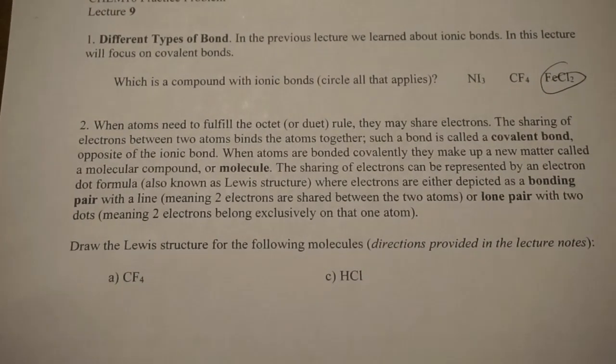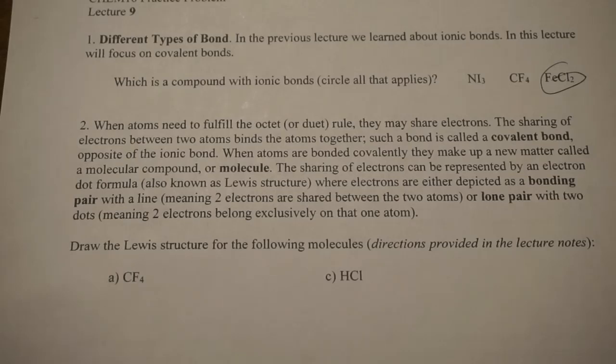Question 2. When atoms need to fulfill the octet rule or duet, they may share electrons. The sharing of electrons between two atoms binds the atoms together. Such a bond is called a covalent bond. Co meaning sharing, valent meaning the valence, so sharing of valence electrons. Opposite of ionic bonding, when atoms are bonded covalently, they make up a new matter called a molecular compound or